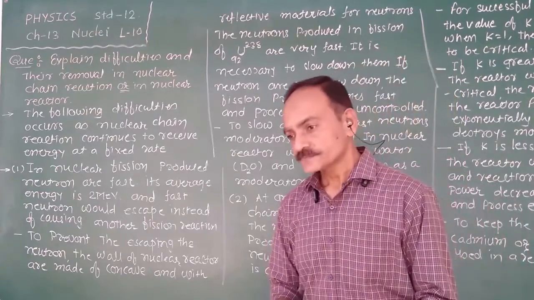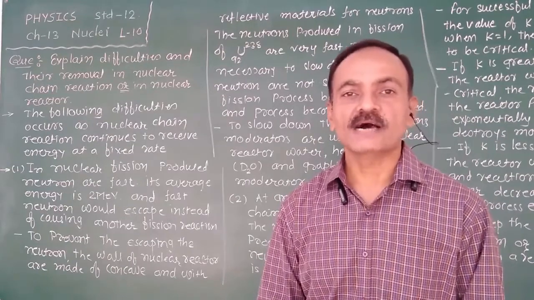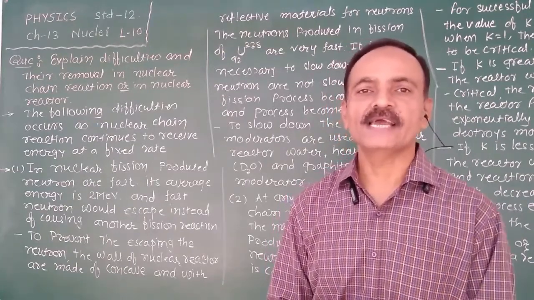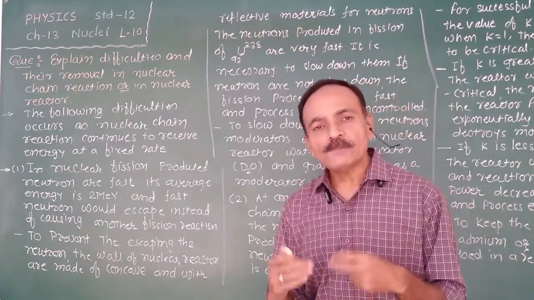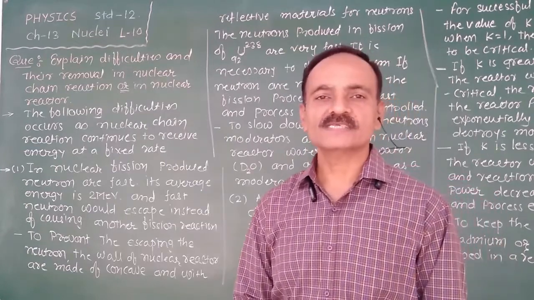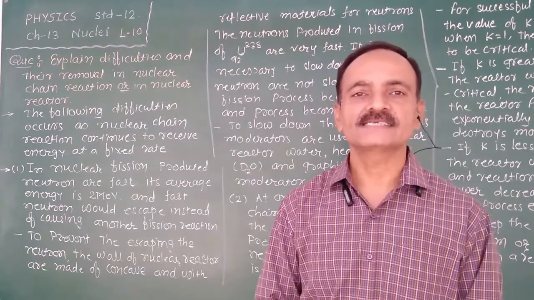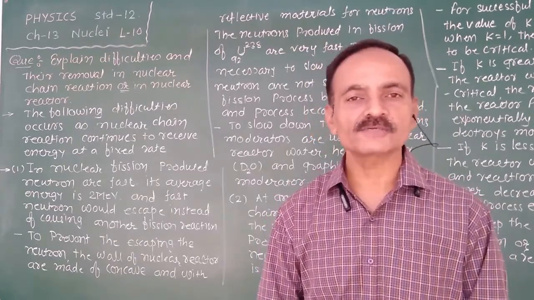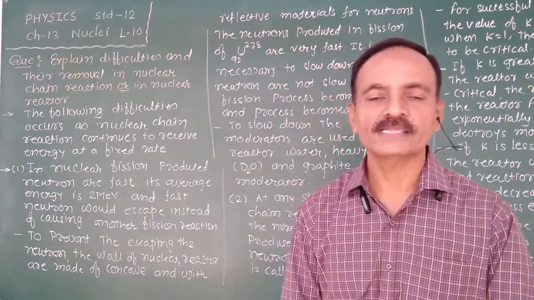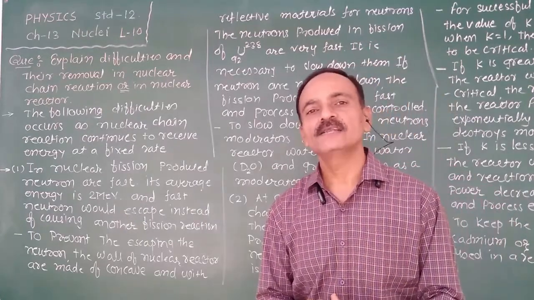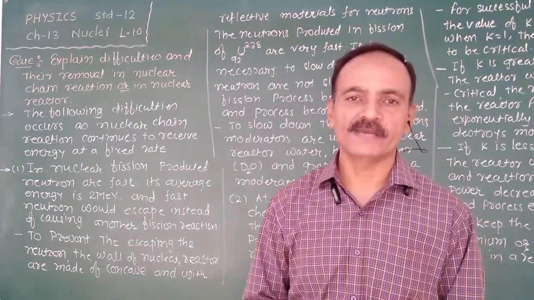Now, in the nuclear fission process, the neutrons produced are very fast. Their average energy is 2 MeV. If all the produced neutrons perform the fission process, this chain reaction becomes very fast, and at any stage a very large amount of energy is produced that cannot be controlled by humans. So it produces destruction, that means this reaction acts as a nuclear bomb, and the reaction becomes uncontrolled.